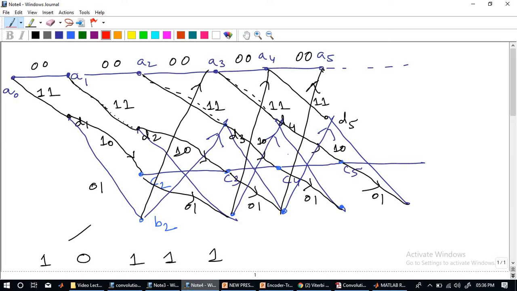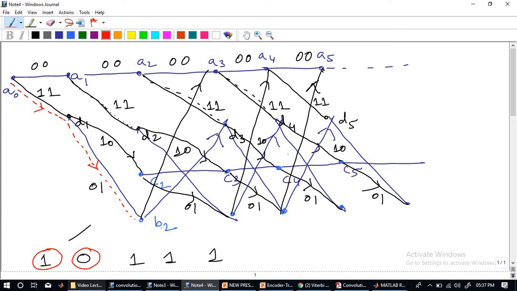We have already defined that the blue lines are indicating 0 and the black ones are indicating 1. So simply, without losing any information, we will traverse this way. From 0, we'll follow the black line because black is indicating 1 and our input is also 1. Now we are at position D1. Now 0 comes in. 0 means blue color. So wherever the blue color will take me, I will go this way.